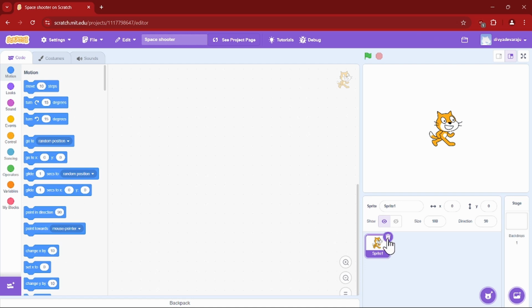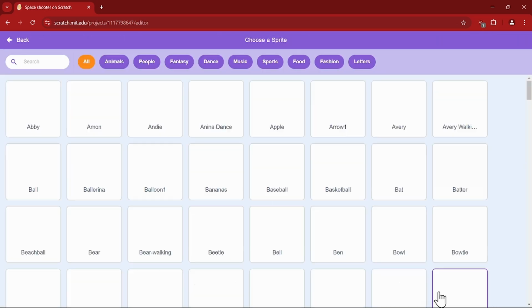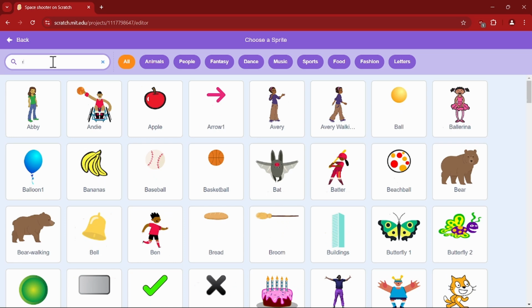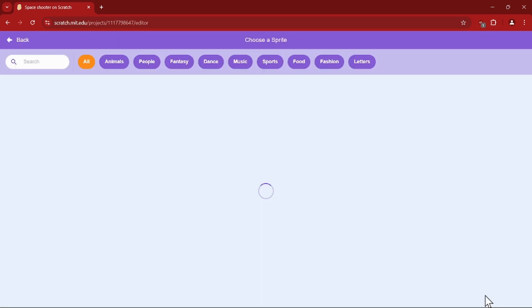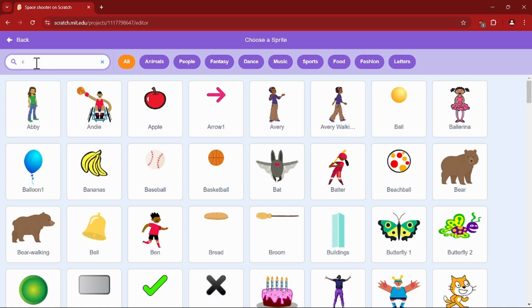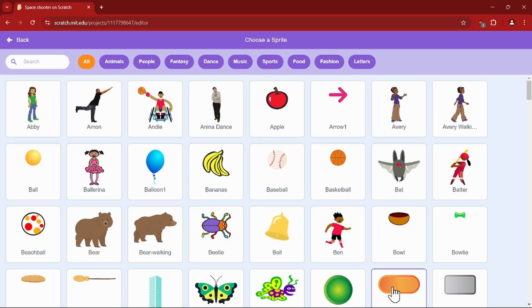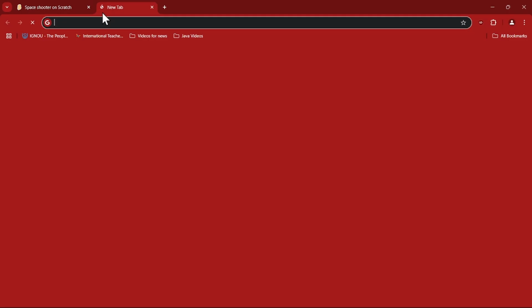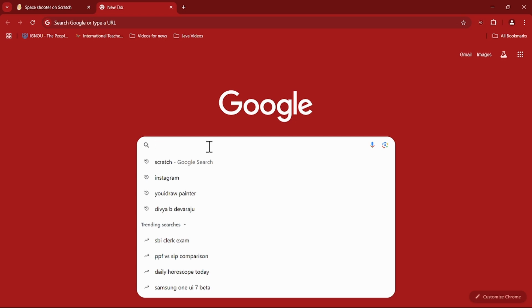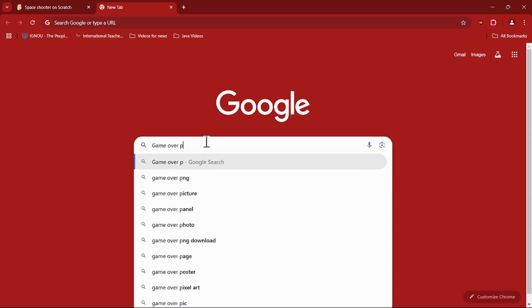For that, what I'm going to do is delete the sprite one which is present here. I'm going to say yes and start adding the rocket. We have the rocket ship. Then we're going to add the rock. Let's add the bullet. For the bullet, I'm going to pick up this button here, and then we're going to add game over. For that, I'm going to open a fresh new page, browse for the picture, game over pick,